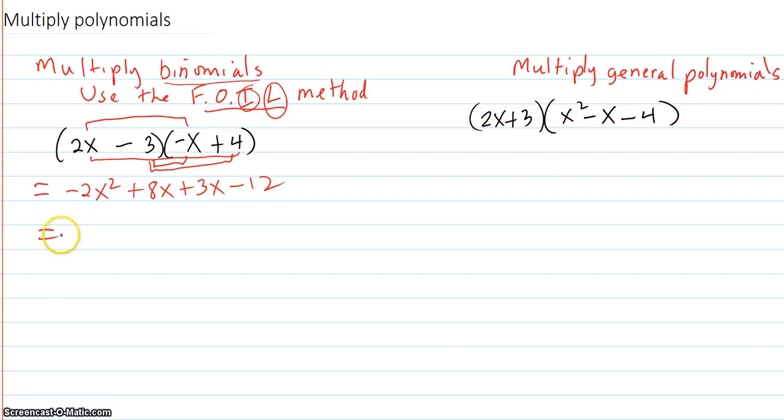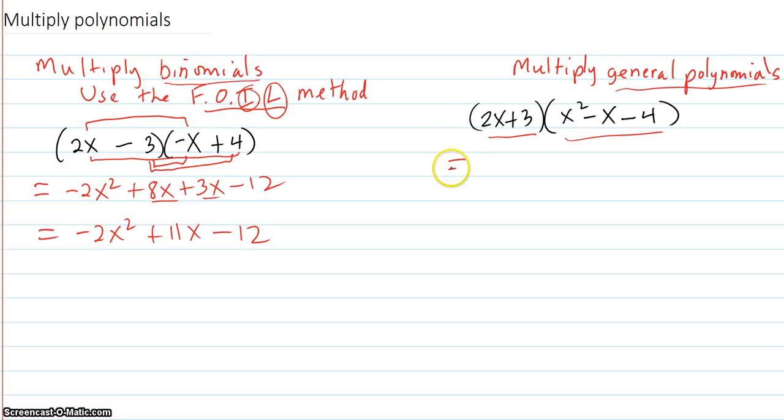Then you write equals. Look for like terms. We see those here. We can add those up. 11x minus 12. Now over here on general polynomials, such as a two-term, which is a binomial, times a trinomial,